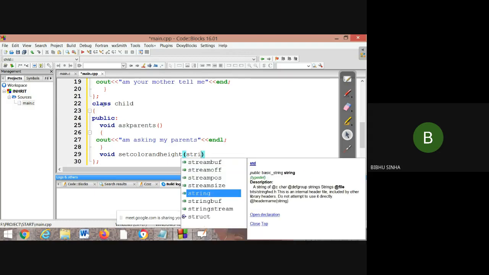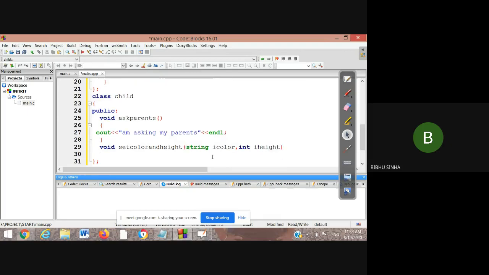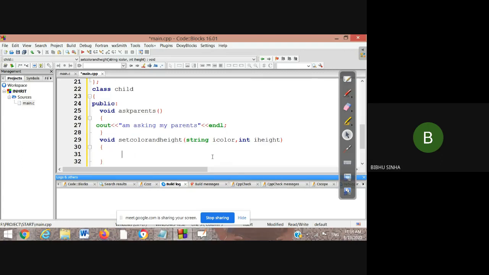One is a string for the eye color, and another variable is the type for the eye height. Now in that method we are passing these two parameters.